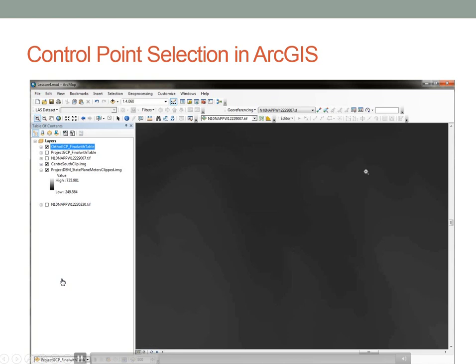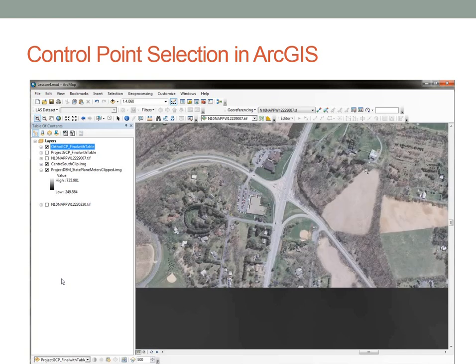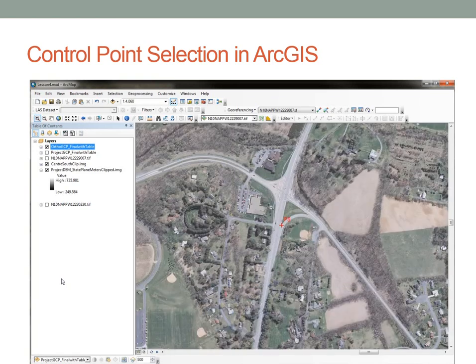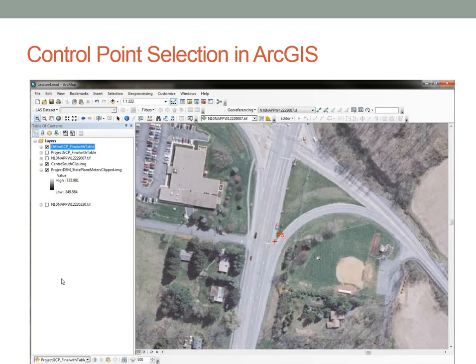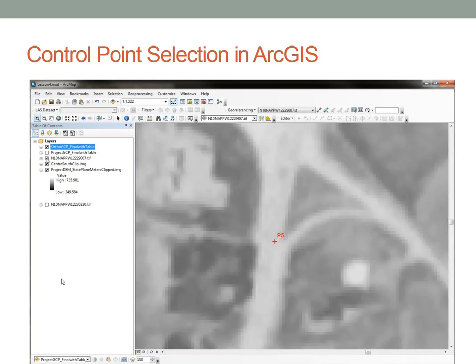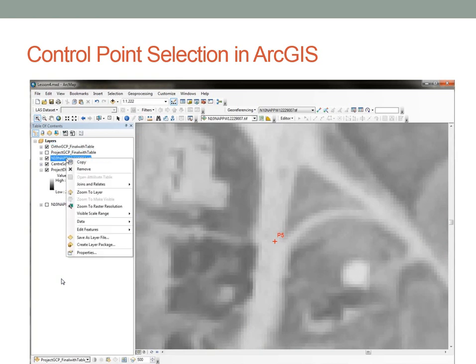I'm locating each point on the control image. So I have to zoom in, choose a location, but I also need to make sure that each of those points is going to be identifiable in the lower resolution older NAP image. So I have to examine each one. When I have all my points selected,